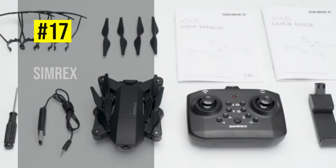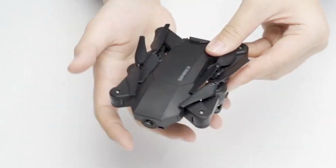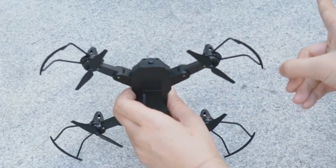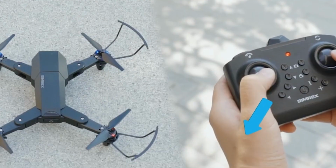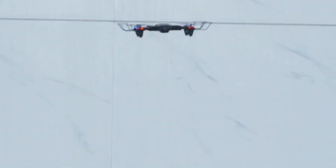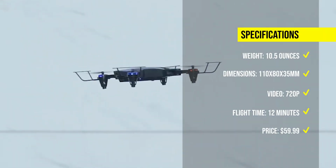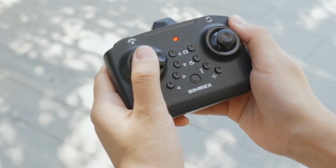Number 17. SIMREX X500 Mini. The SIMREX X500 is a mini drone that can fit in your palm. It has a foldable design, a 720p camera. It also has a headless security mode, one-step start or takeoff, also 360-degree flips and rolls. The SIMREX X500 has a flight time of about 8 up to 12 minutes. It's a great drone for beginners and kids who want to have some fun with a small and portable drone. You can get the SIMREX X500 Mini for only